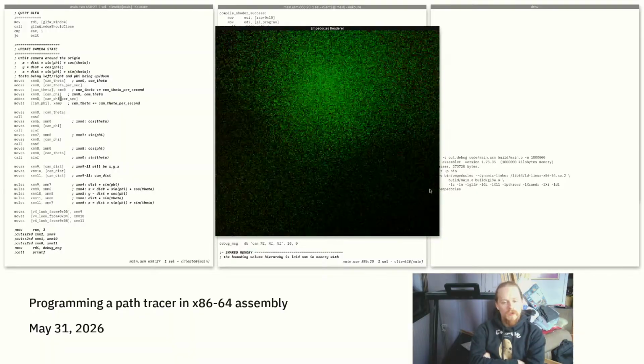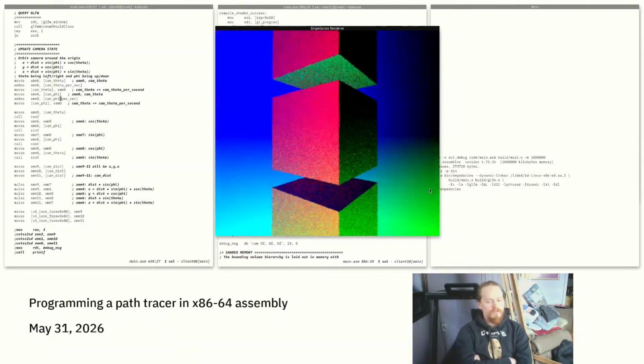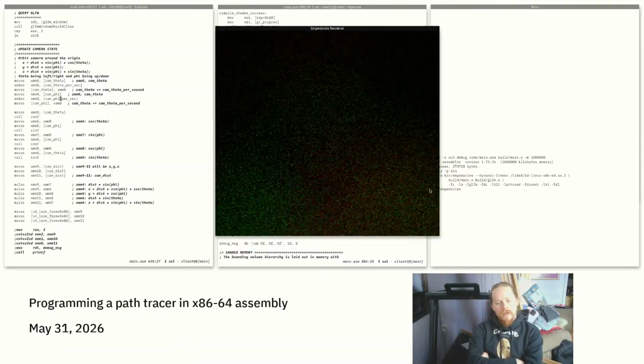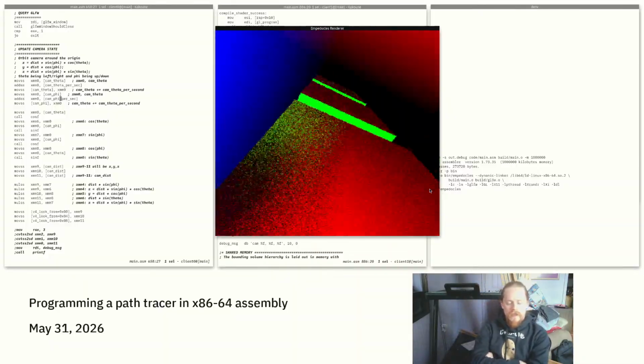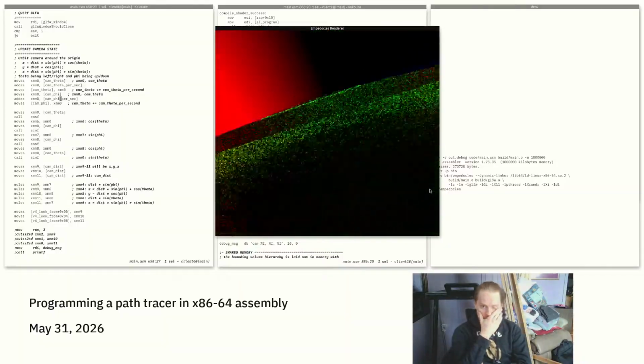This is going to be so cool with the dielectric materials as well. Yeah, so, but it does seem like something's wrong, because it seems like,